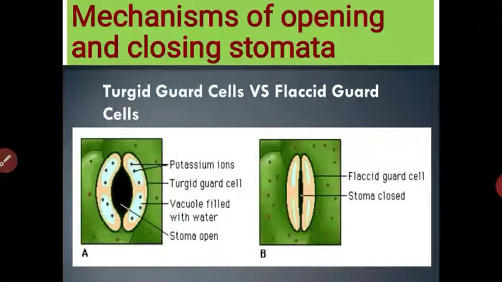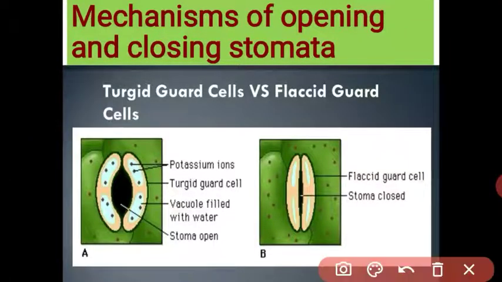When the guard cells are swelling up, the stomata is open. There is also some potassium ion. Due to this filling of water and potassium ion, the guard cells are turgid, swelling up,